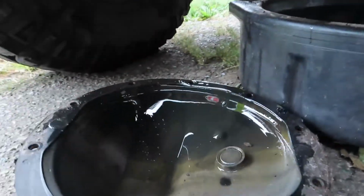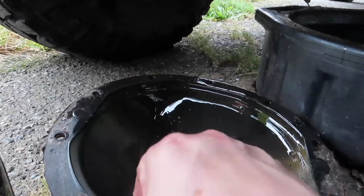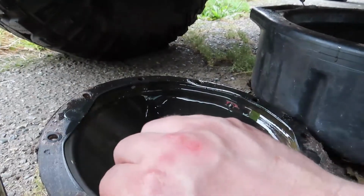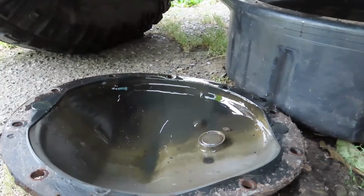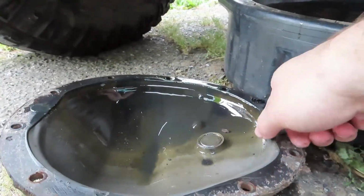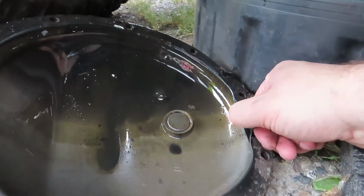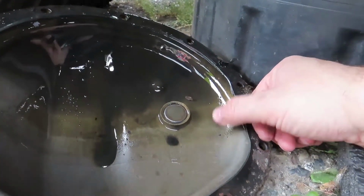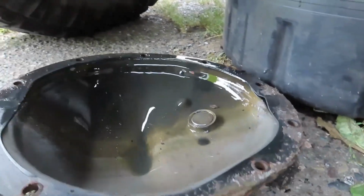So yeah, get that all cleaned out and cleaned up. Guessing that's like a silicone or something. That's pretty good. Whatever they used is pretty stout stuff. Well, I guess it's a gasket. It's almost like 2 layers of gasket. We got a new gasket to put on, so